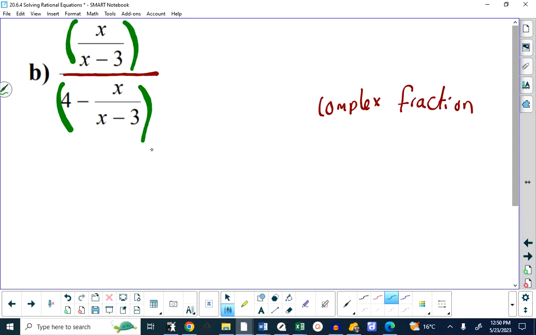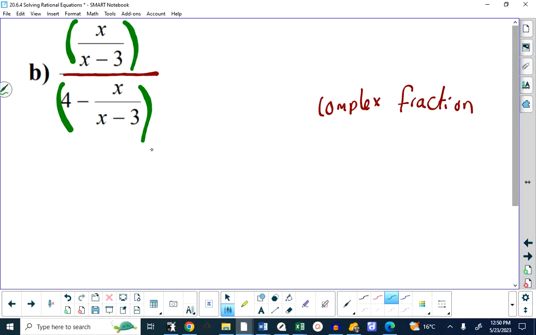So the big picture is it's a single fraction. But within the numerator, there is a denominator. In other words, it's a fraction of fractions. In the numerator there's a fraction, and in the denominator there's a fraction. And by the way, even if there's only a fraction in the numerator and the denominator doesn't have fractions in it,